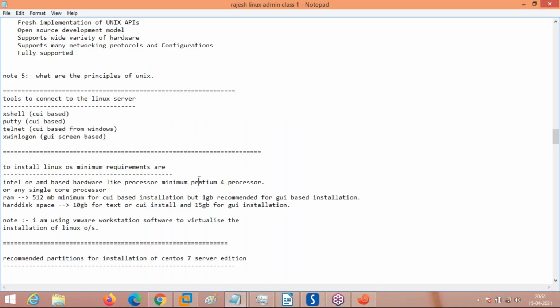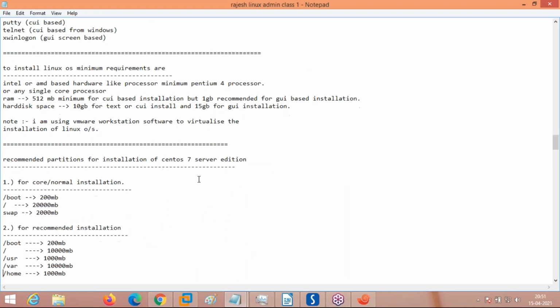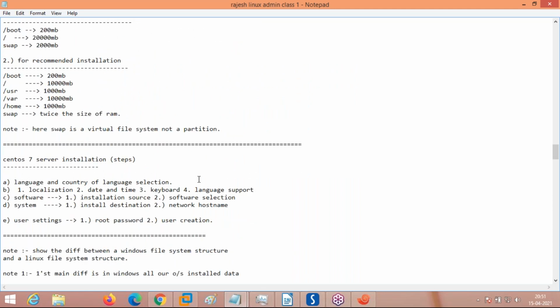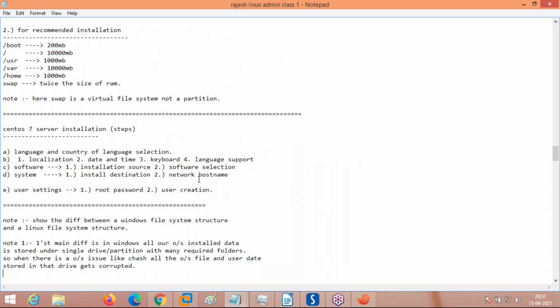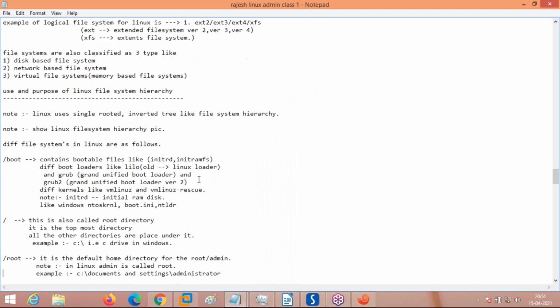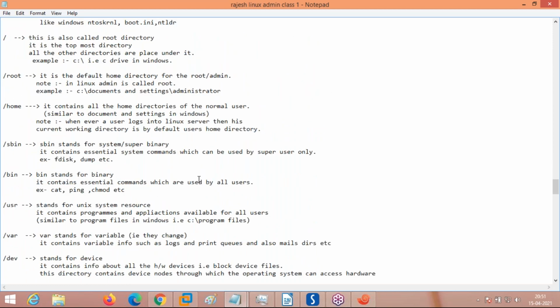Okay. Now we have seen how to deploy the operating system. We have installed the operating system. We have seen how to connect to the operating system in CUI mode remotely from a different remote location. Yesterday I showed you the file system hierarchy, the purpose of every directory and what files it contains.